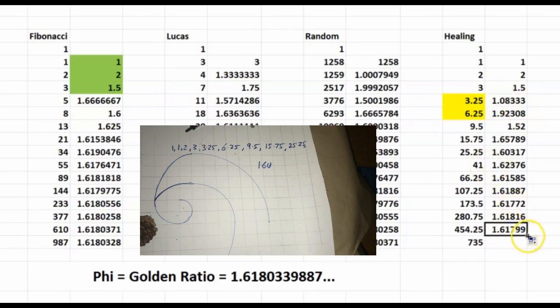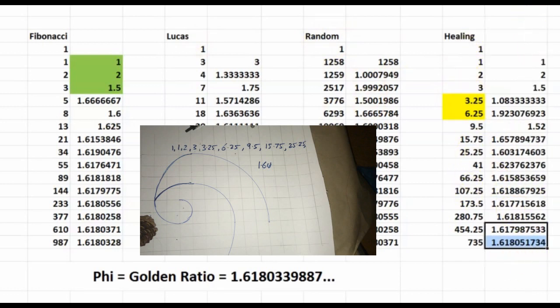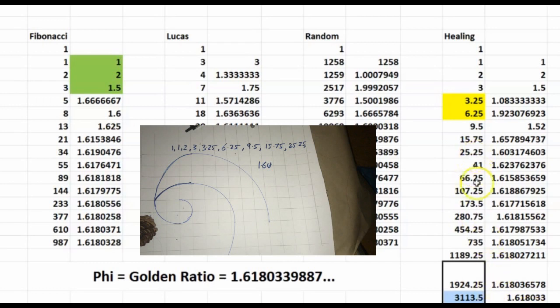However, at that point it heals itself, just by following that same growth pattern, whether it's Fibonacci, Lucas, a random set, or this set we've drawn. It will return to the golden ratio the further we extend it down. I've extended that cell, but anyway, you get there. You can see, you just extend it down, and at 1.618033. Not only is it a beautiful rate of growth, that those quarter circles give the appearance of a spiral,